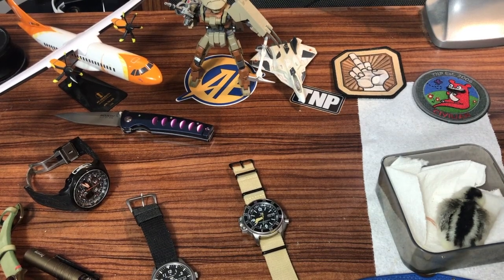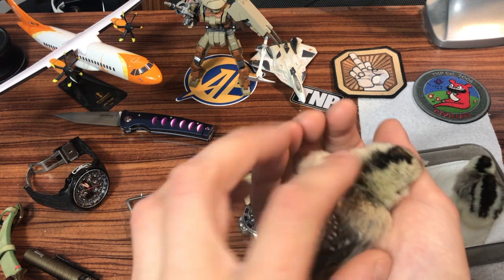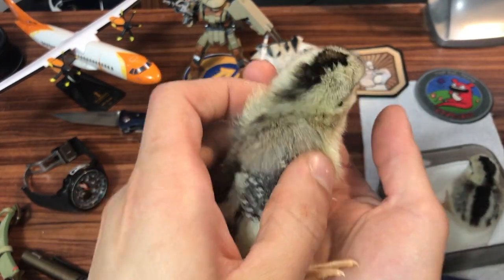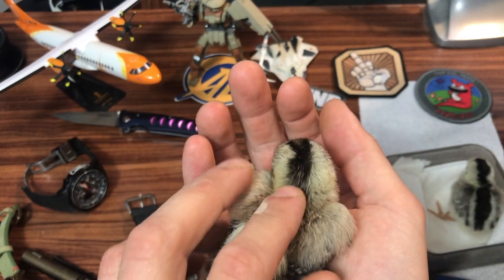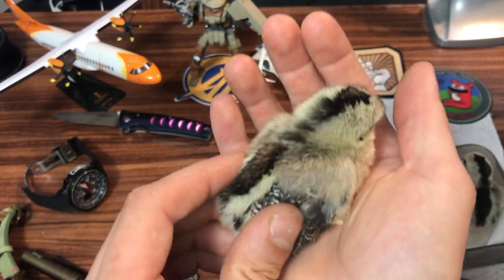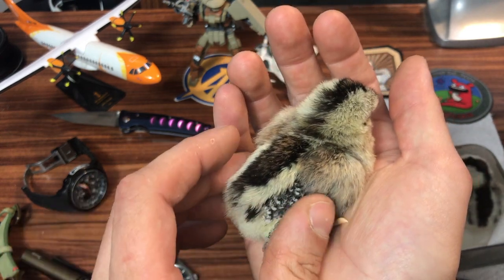So lately I've been breeding a lot of chicks. These little guest stars are from a phoenix. I think just a phoenix chick? I don't know. Everyone just calls it a phoenix. And so we've had some that were kind of loaned out for a little while, and we've been breeding the